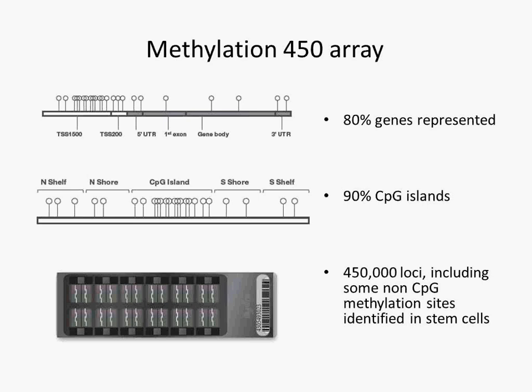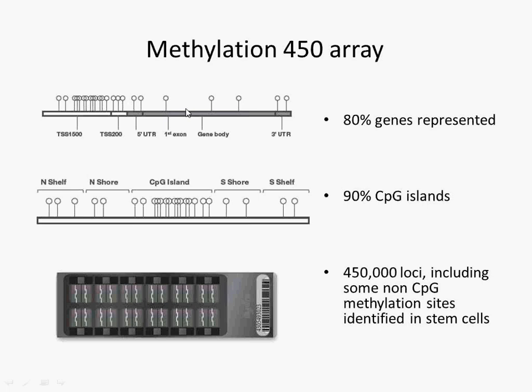The probes that are assayed on the array are mostly CpG islands, out of the 450,000 loci across the genome. There are some non-CpG methylation sites that have been identified in stem cells that are useful to be assayed. Globally, the array captures more than 80% or about 80% of the genes in the human genome, with